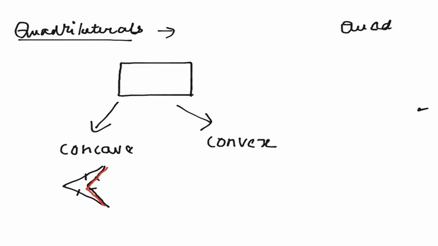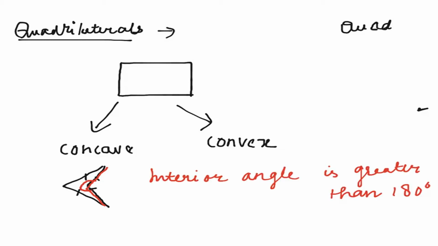The most important thing to be considered in concave quadrilateral is the inside angle. One inside angle in such a type of quadrilateral is greater than 180 degrees. So in this figure, this angle will be greater than 180 degrees. If this is 180 degrees, this should be a straight line, but this is something concaved in. So this angle, the interior angle, not the exterior angle, the interior angle is greater than 180 degrees. So such kind of figure is known as concave quadrilateral.